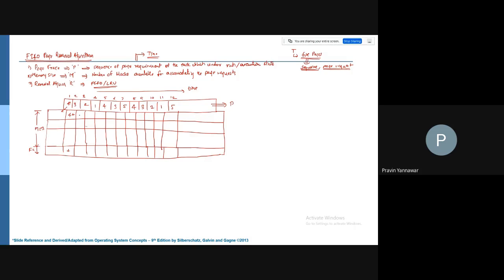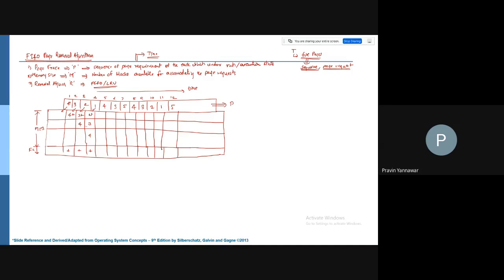Then we need to have 3 in memory. So 3 will be checked in the memory state, whether it is already referenced. No, it is not referenced, so we are going to add it here. Again I am going to check this. We have only 2 pages loaded here, 4 and 3, so we are going to add the 2 also here. So the fault is being done.